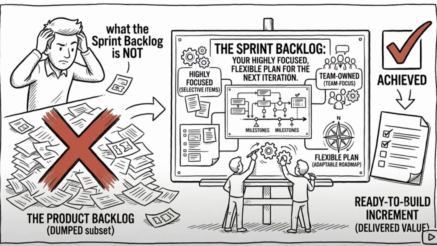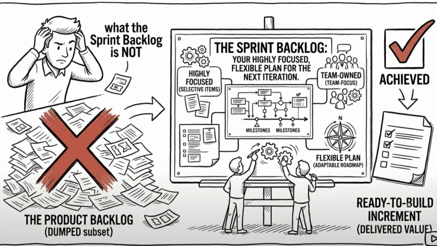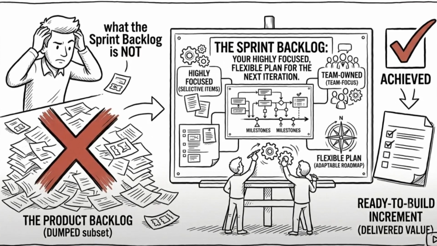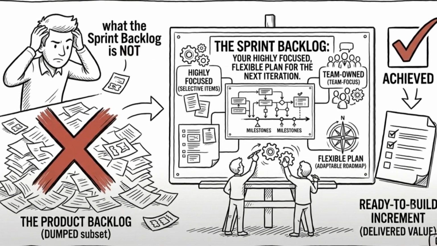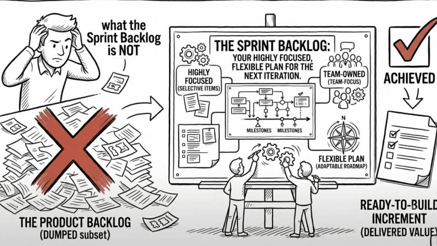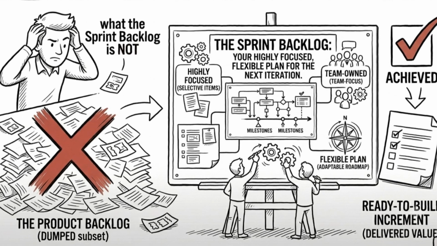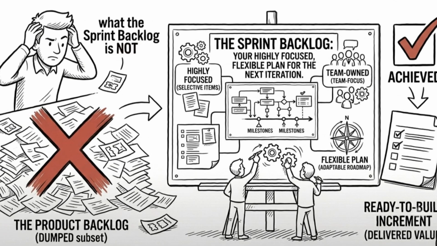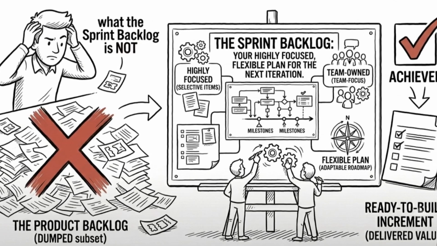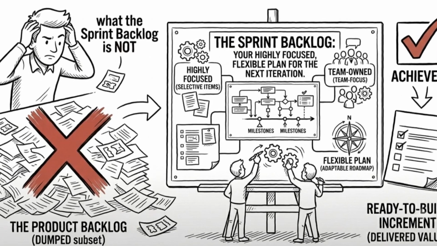That's where the sprint backlog comes in. It's not just a list of tickets or a dumped subset of your product backlog. It is the team's highly focused, flexible plan for the next iteration. In this video, we're unpacking what the sprint backlog actually is, who owns it, how it evolves, and how to keep it from turning into a chaotic dumping ground. By the end, you'll know how to structure a sprint backlog that keeps your team aligned, empowered, and consistently delivering